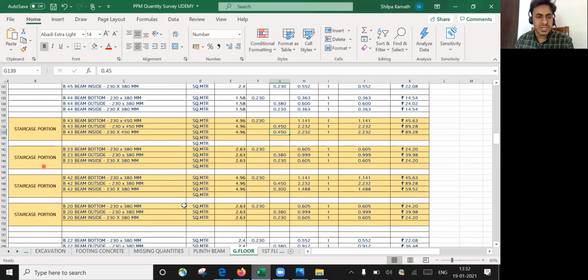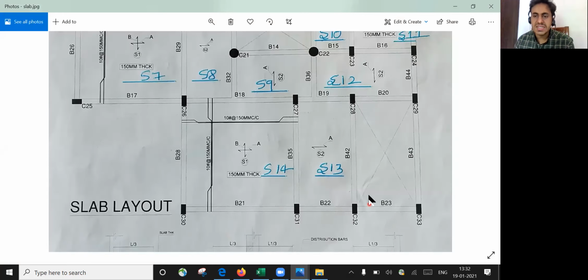Similarly, the surrounding beams you have here, like B43, B23, B42 and B20, all the four beams will have full depth of the shuttering and you don't have to do any deduction. That is why you can see it here everywhere 0.45, 0.45 and even here you have 0.38. I've done a small mistake, I feel. We'll go back to that. Yeah, it's right. So here what will happen? Here also you don't have any slab. You need to be more careful here.